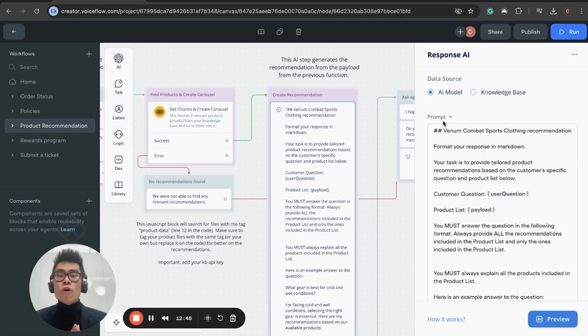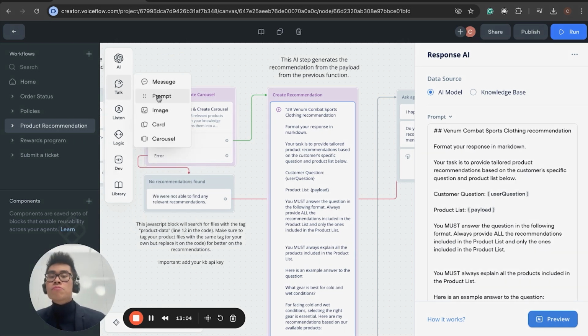Now, this is an old template. So what you should do is replace this response AI. You shouldn't really be using response AI or set AI because they're being deprecated. What you should do is go to talk and use the prompt step instead. I made a video, link in the description, where I've broken down the differences between the prompt step and response AI, but you will want to replace this response AI with the prompt step,